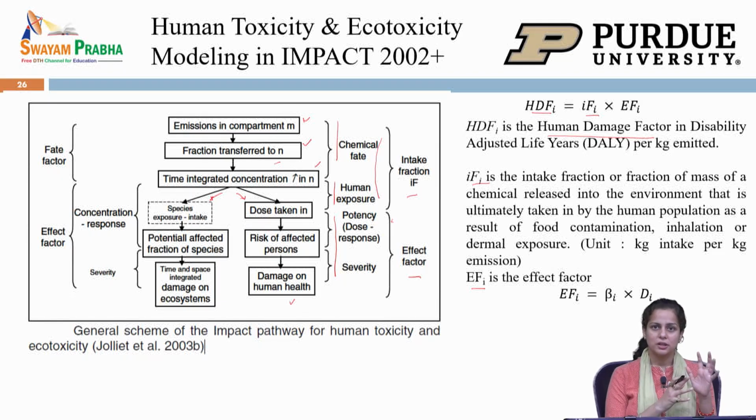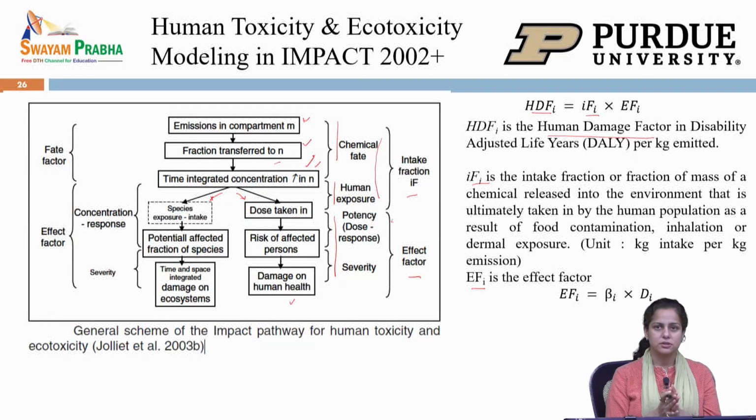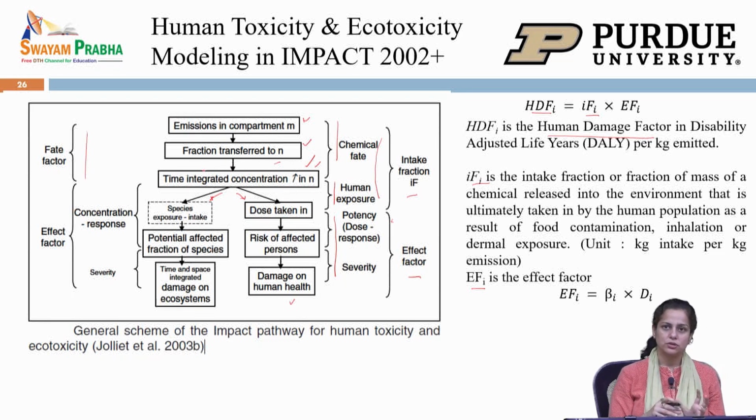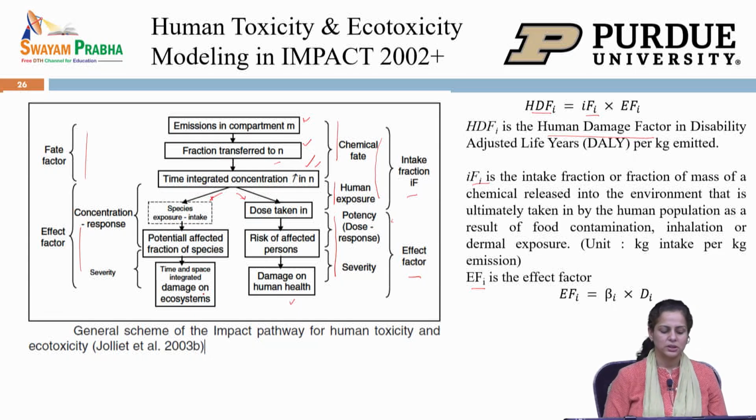So we are taking all the emissions and going all the way to the end point. Here of course you see that we are not in between calculating the midpoint climate change, but we can also incorporate it here by incorporating the characterization factor and just calculating the climate change impact. Similarly, for the ecotoxicity, the same thing, fate factor is how much of it is going to the ecosystem, then effect factor is basically looking at species exposure and potentially affected fraction of species, and time and space integrated damage